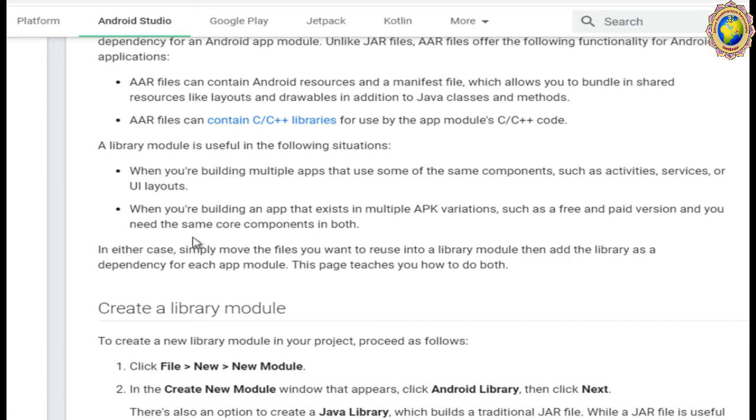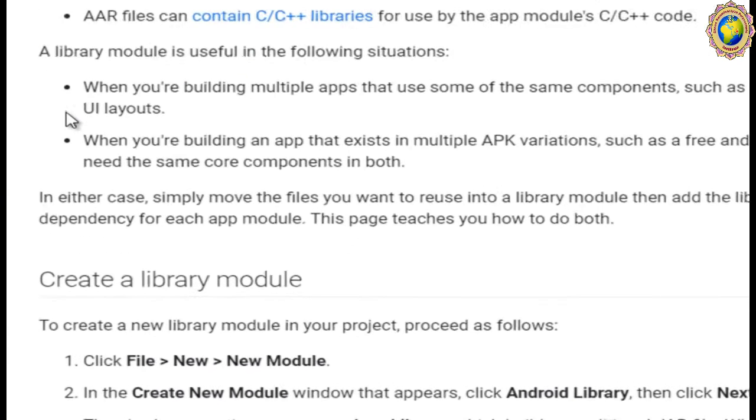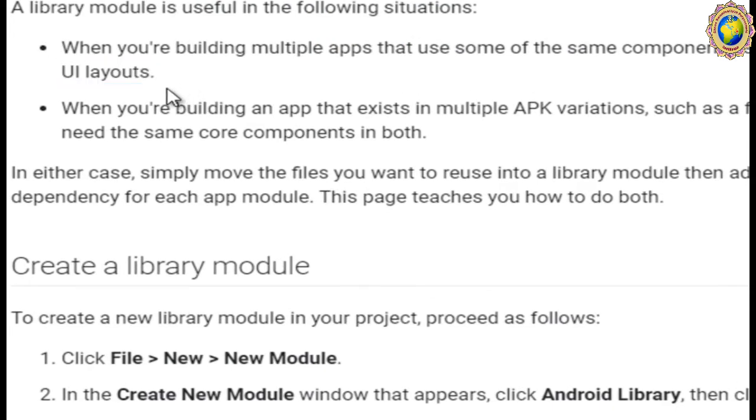Now the library module is useful when you are building multiple apps that use some of the same components, such as activities, services, or user interface layouts, right? So when you are building an application that exists in multiple APK variations, such as a free and paid version, and you need the same core components in both, right?